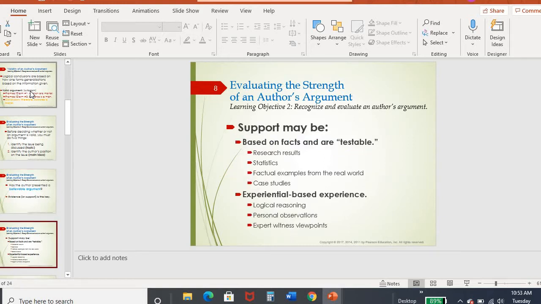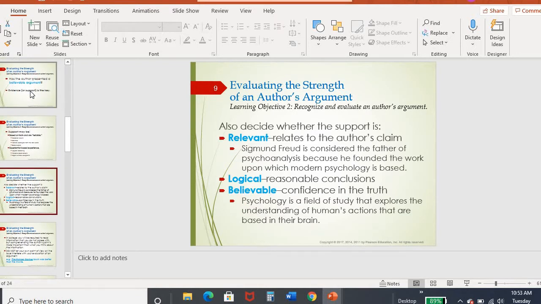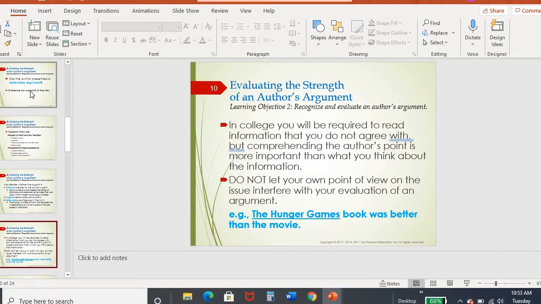And when we say evidence, it could be facts, meaning statistics, case studies. It could be observations or witness testimonies. So you also have to look to see, whenever they make an argument, are they using relevant information? Are they using logical information? Are they using believable information? I think sometimes people will try to make arguments and they bring up facts that maybe are not even connected to what the basis of the argument is. And so you always have to make sure, is the author doing these things? Are they making sure they're using relevant information, logical information, and believable information?